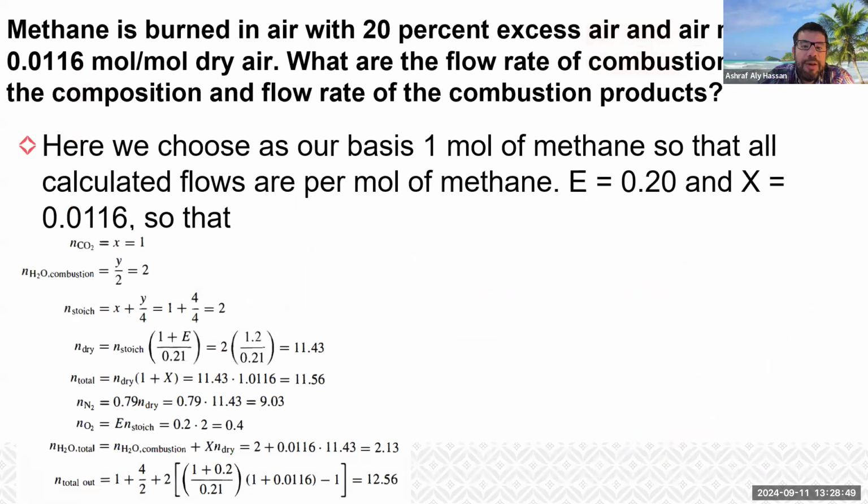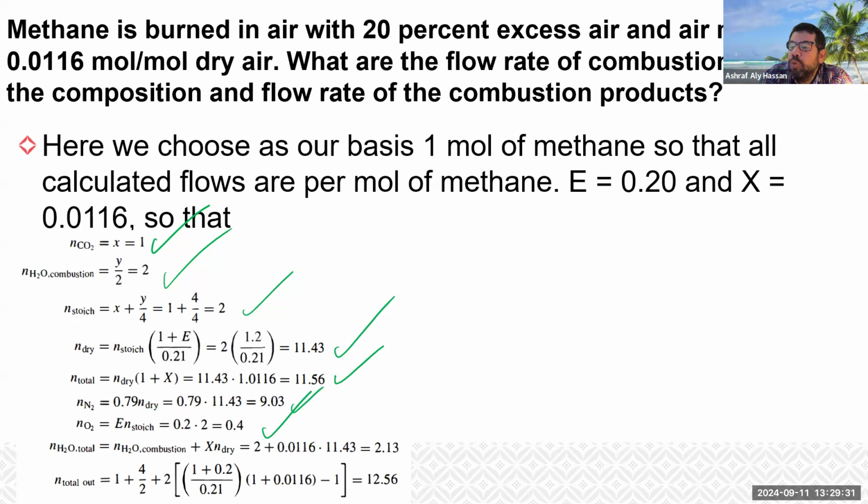Similarly, here we'll have N CO2 equal to x, which is 1. N of H2O from combustion, y over 2, is equal to 2. N stoichiometry, x plus y over 4, which is 2. N dry, N stoichiometry (1 plus E) over 0.21, so this will be 11.43. N total is N dry (1 plus X), 11.56. N2 will be 0.79 N dry, 9.03. NO2 will be 0.4. And then the N H2O